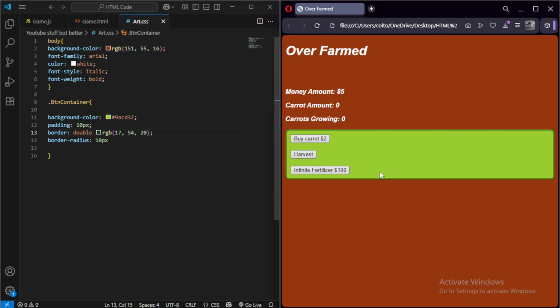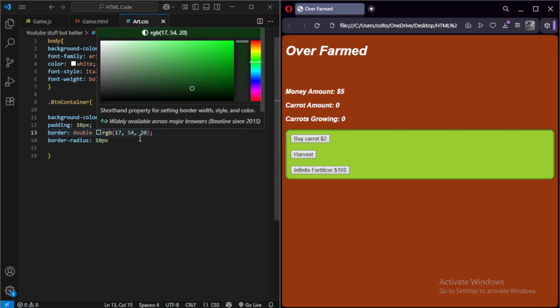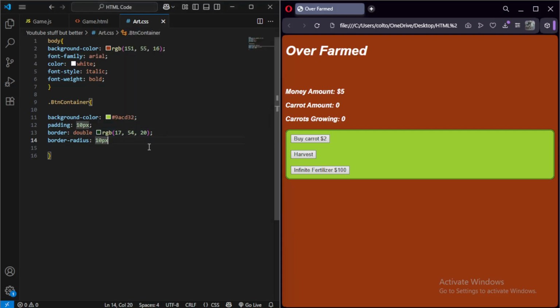Now I've got that. So we've got these little things. Money for money counter. Carrots you have. Carrots currently growing. Tip gives $5 in return. If you press this button, you'll harvest and sell all your crops, and makes crops worth 2 times the normal amount forever. Okay, so now if we go into the button container,